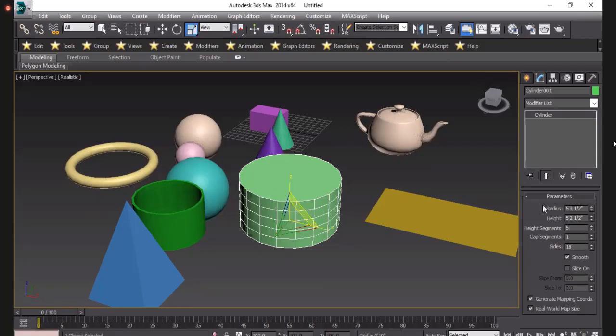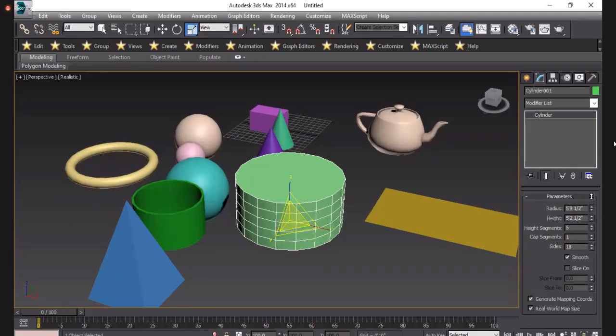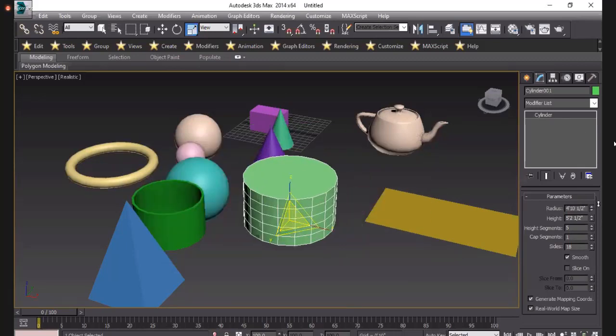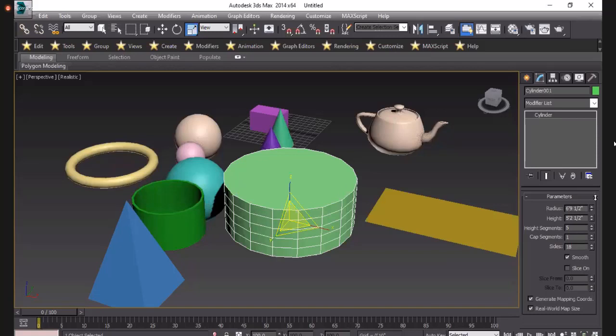That's why it gives radius, height segments, cap segments, sides. Okay. So see here what the changes are. If you change or reduce the height. If you want, change the radius. Okay. I will take 10 feet.